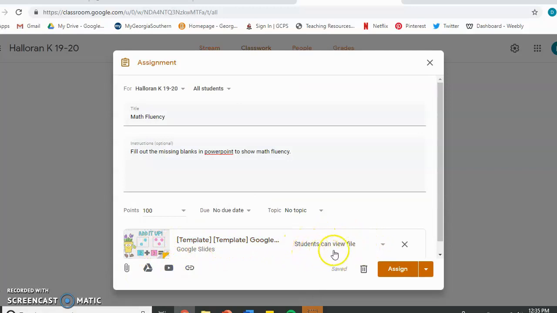Right now, if I were to assign it, my students would only be able to view it. So that means they can't move around the manipulatives. They can't show me what they know. They're literally just looking at the file. That's not going to work for me. I need to drop down and hit make a copy for each student,